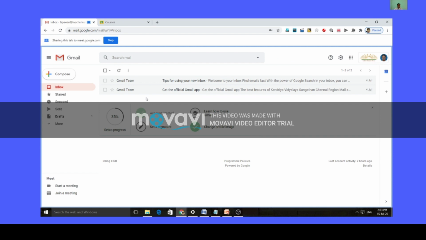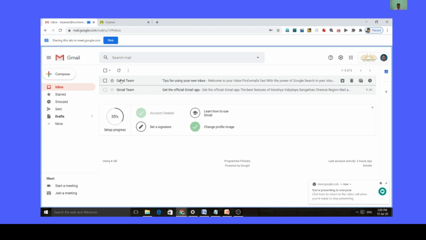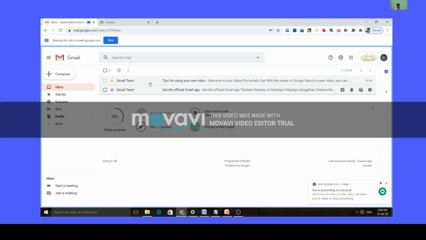So, guys, for example, this first email is important to me. I'll just mark it here. I've just marked it, starred it, which means this email is important to me and I'll be needing it later. This is a very simple way of marking your email important.